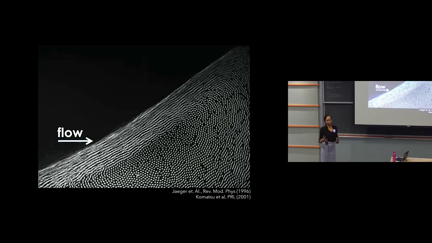So here's an example, just an illustration of the type of experimental system that we choose to study, where we have grains that are in a cone-shaped pile. And when this system is tilted above a yield stress, the granular system starts to flow, as shown by the image here, where it appears as though there's this abrupt kind of flow along the surface of our material, and then a kind of frozen, seemingly solid bulk.